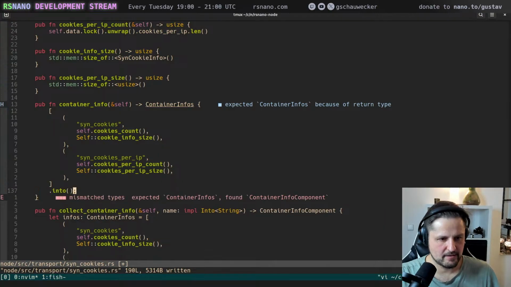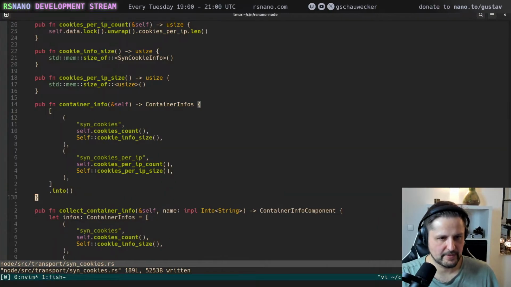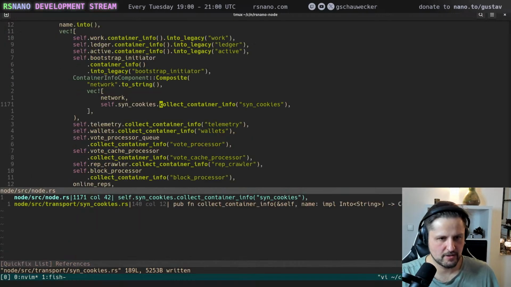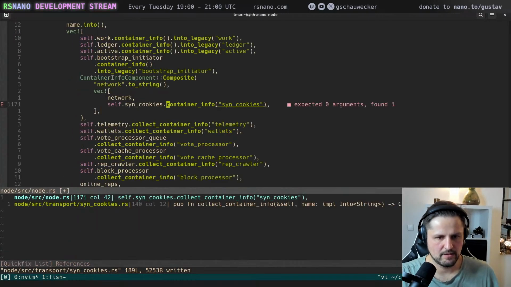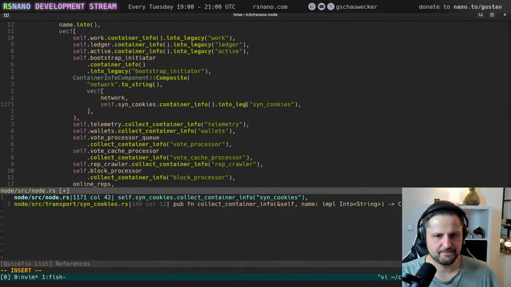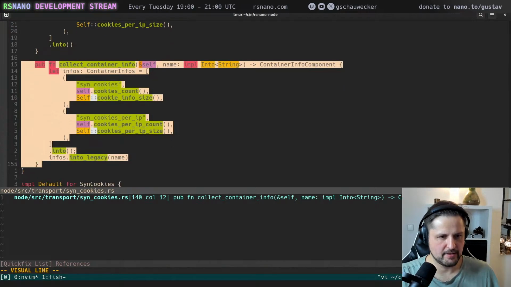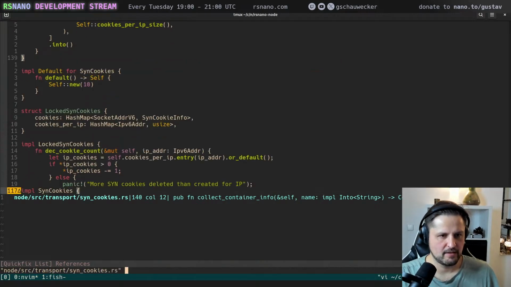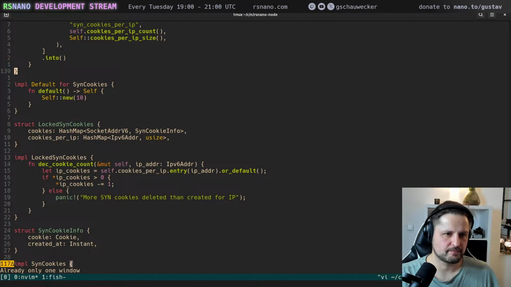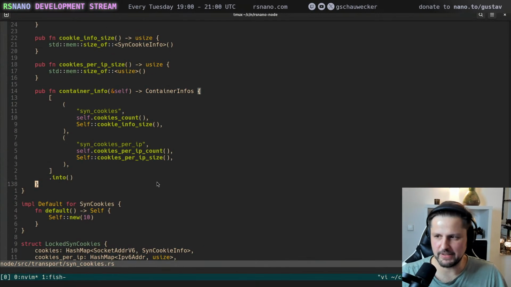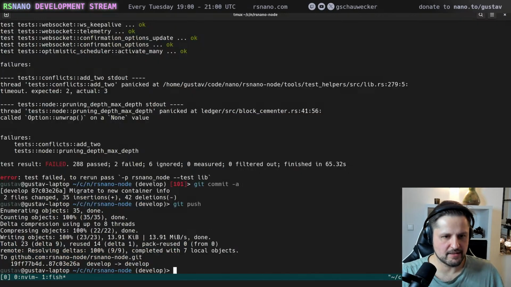And let's change it to this. Remove the old usage. Into legacy. And now we can remove this implementation. Yeah, much cleaner, the new one. This is the new one. And let's commit.